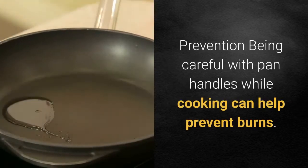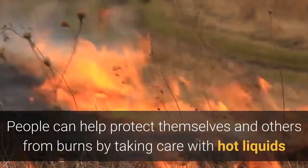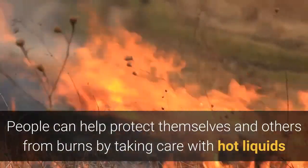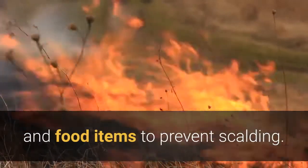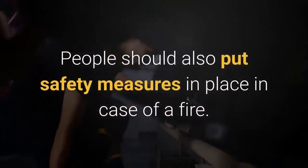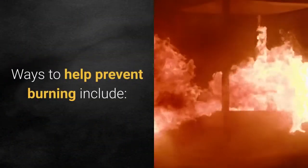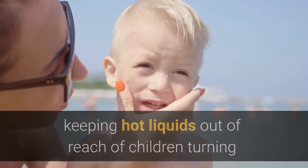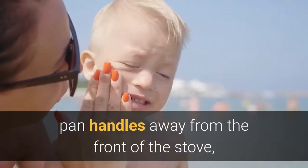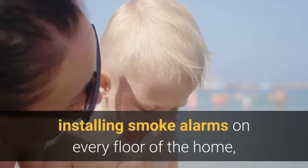Prevention: being careful with pan handles while cooking can help prevent burns. People can help protect themselves and others from burns by taking care with hot liquids and food items to prevent scalding. People should also put safety measures in place in case of a fire. Ways to help prevent burning include keeping hot liquids out of reach of children, turning pan handles away from the front of the stove, so people are less likely to knock them over,